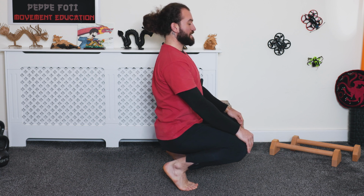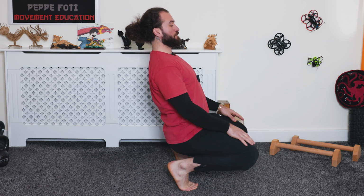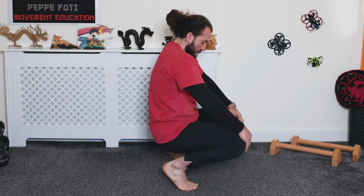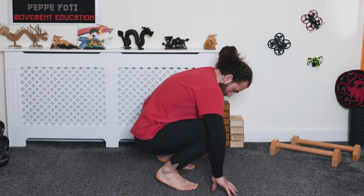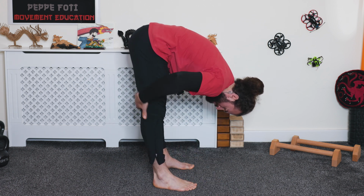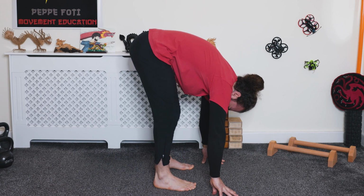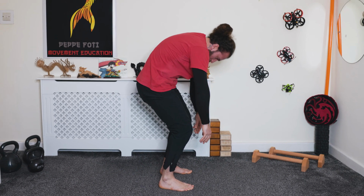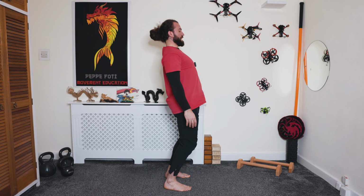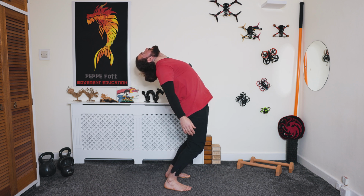So back bend. In order for you to back bend from the squat, the knees have to go forward. And then round your back. Put your hands in front of you, send your hips to the ceiling, get a nice stretch in the hamstrings, and then when it's time to go up, I want you to bend the knees and roll yourself up with control. So again, hands move back, lift the chest, back bend,